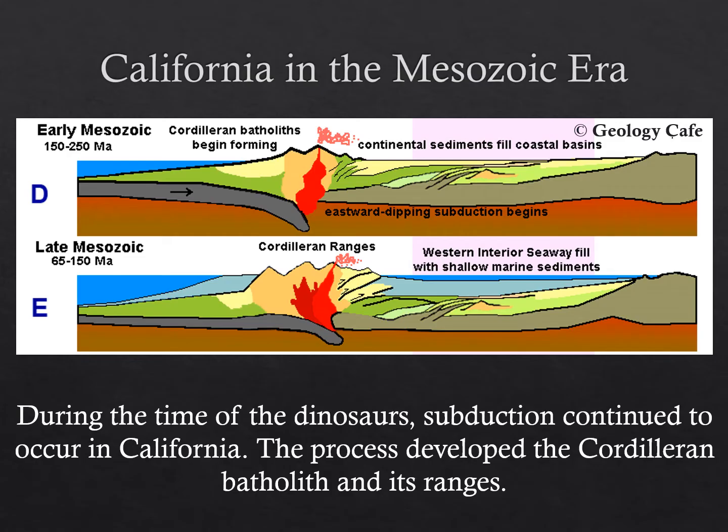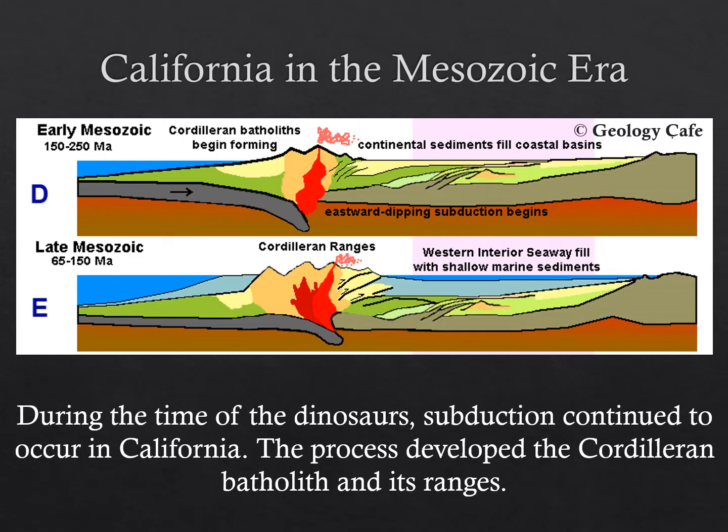During the Mesozoic era, subduction would continue. And again, that's between the Farallon plate and the North American plate. So that subduction process, again, the Farallon plate is connected to the Pacific Ocean basin. So the Pacific Ocean, essentially that ridge that sat in the center of the Pacific, began to move from the center point at the beginning of the Mesozoic all the way through till the end. This process of subduction would continue. So the Farallon plate would just continue to subduct, continue to get pulled underneath the North American plate,